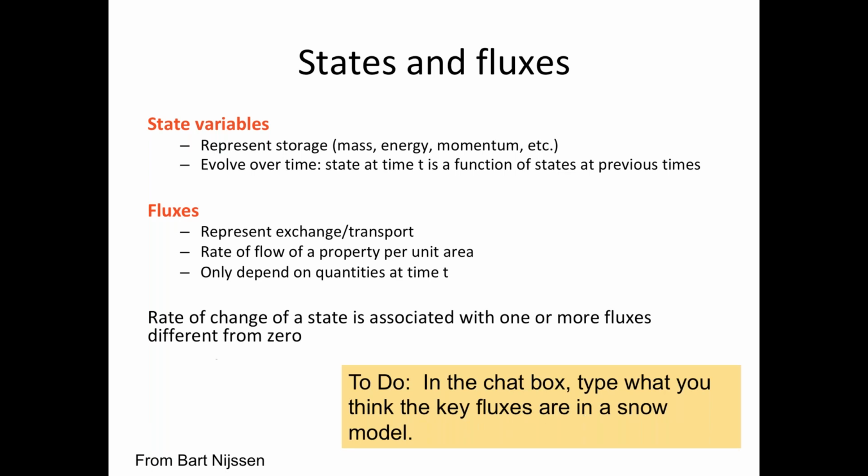So we got sublimation and snowmelt, absolutely. That's basically two ways snow comes out. Precipitation goes in, solar radiation is going to change our energy, snowfall is going to change our SWE, precip will change our liquid water content, absolutely.